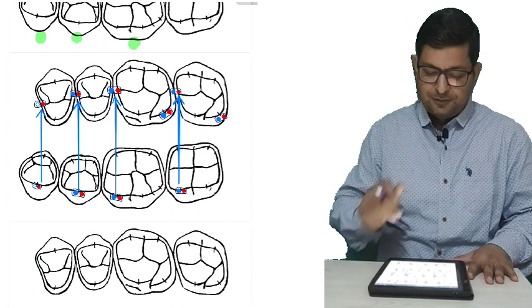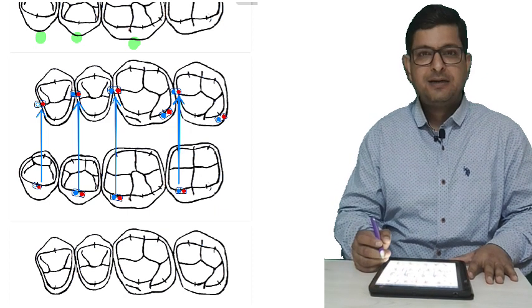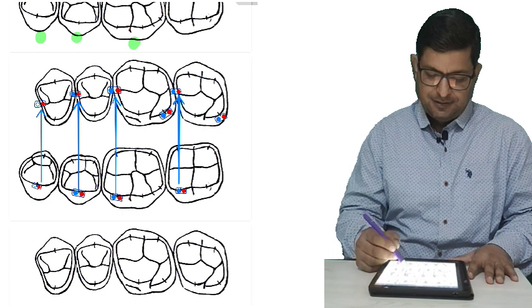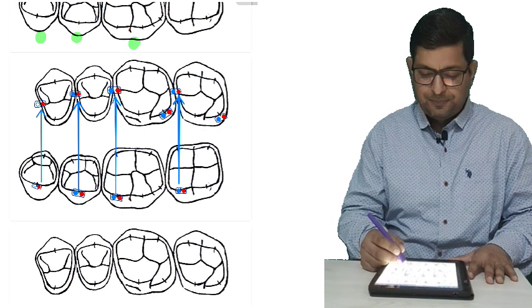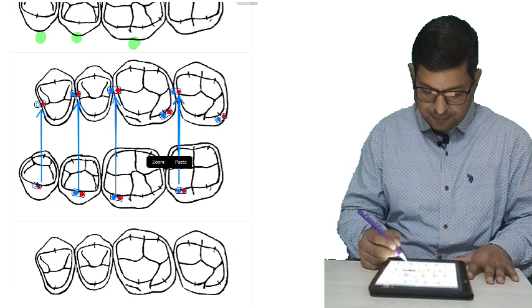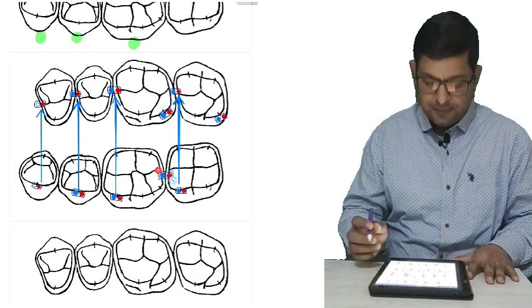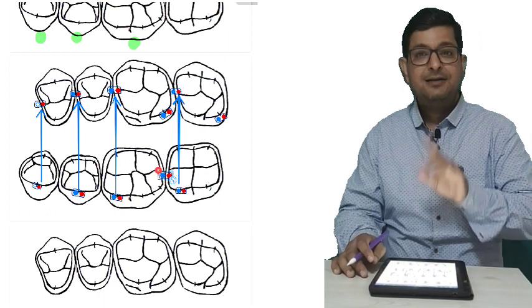Now the next 2-point contact: the upper distopalatal cusp will go and contact the marginal ridges of the first and second molar.